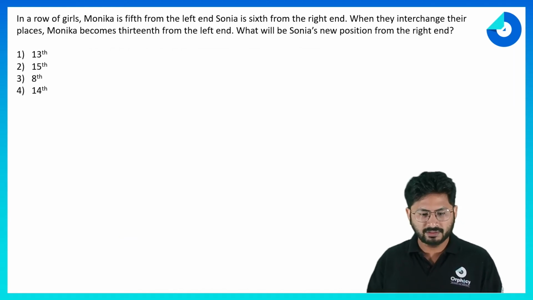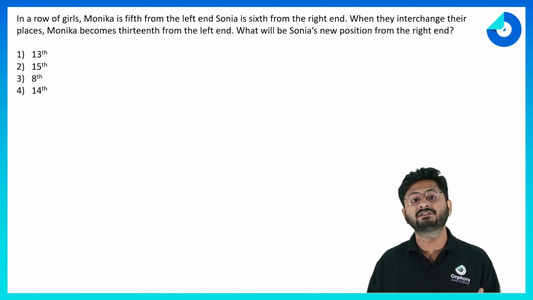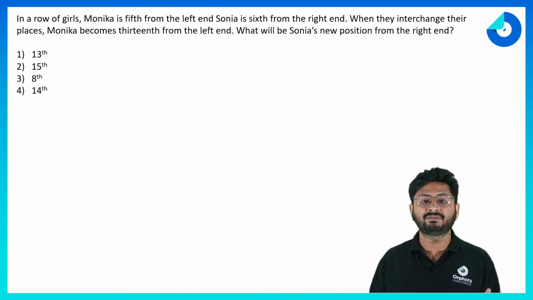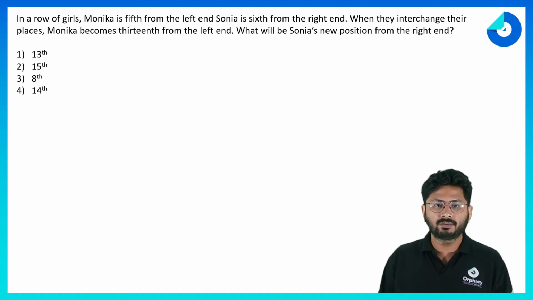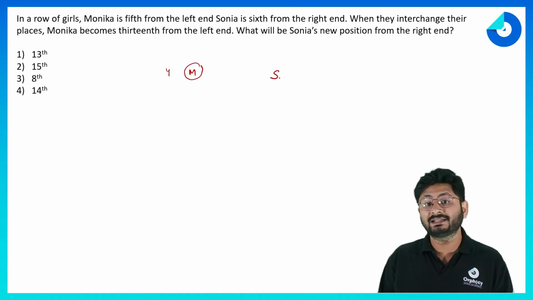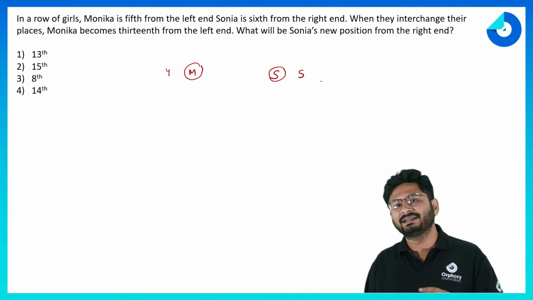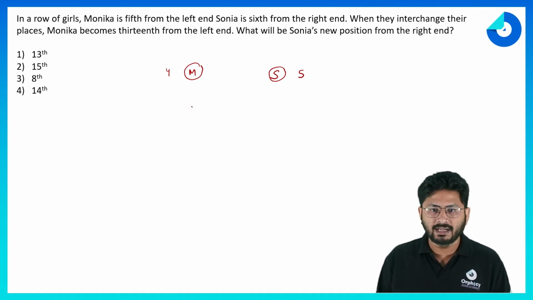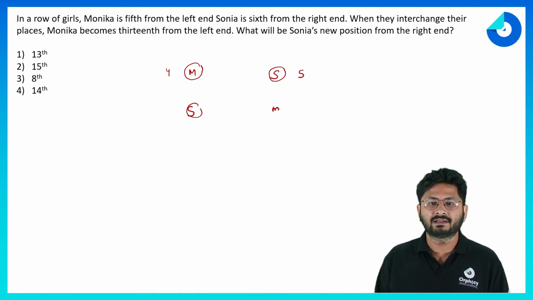So let's move on to the next question. In a row of girls, Monica is fifth from the left end. So if we talk about the person called Monica, she is fifth from the left end. मतलब left end पे उसके 4 लोग हैं. Sonia is sixth from the right end. So we can say that Sonia के right end में 5 लोग और हैं. When they interchange their places, अगर सोनिया यहाँ पर आ जाती हैं और मोनिका यहाँ पर आ जाती हैं तो